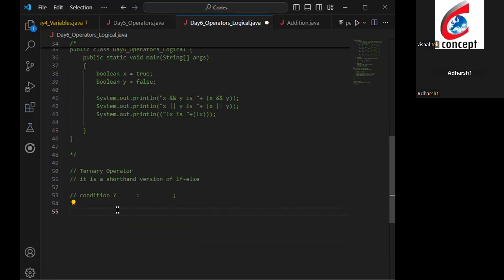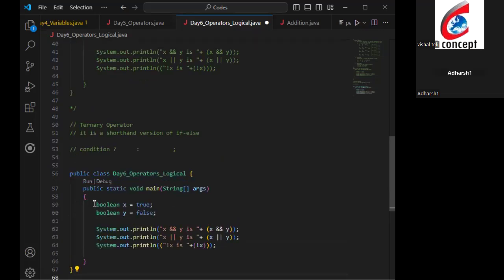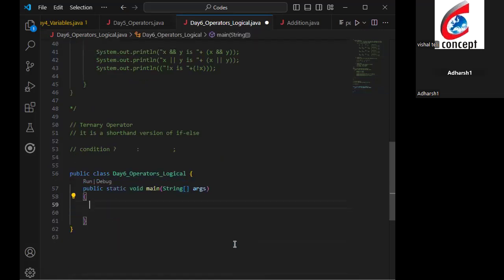So let's check it. Let's say I want to find the greater number between x and y. So let's do that. Let's declare x as 10 and y as 5. By looking at it, you know that x is greater, but we want to write